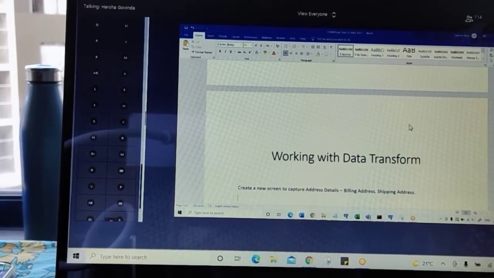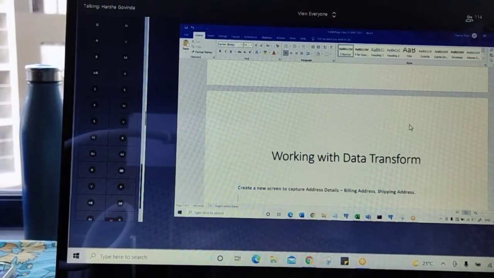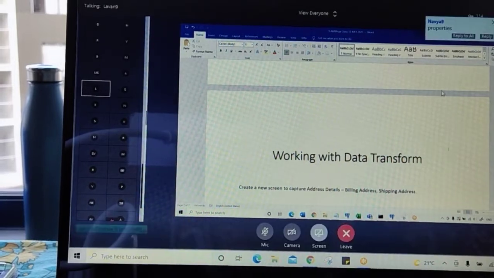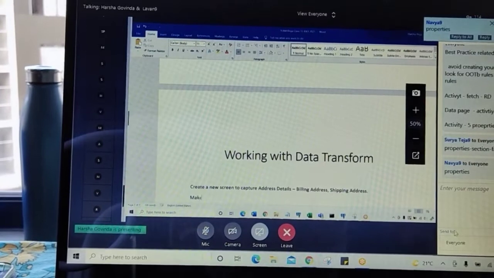See, creating UI we have already done. If you have to create user interface, from first starting to ending, what are the rules to be created? Properties, section, when rule.